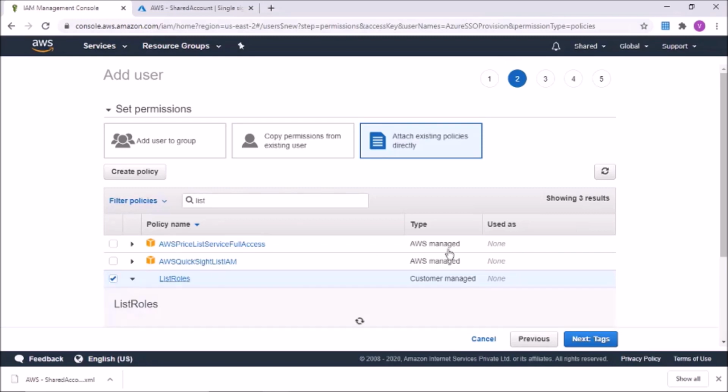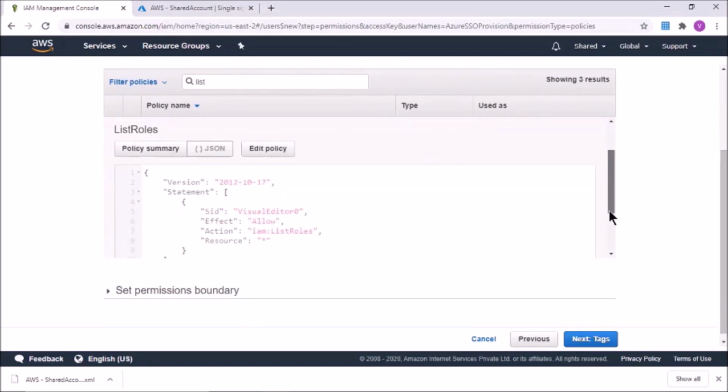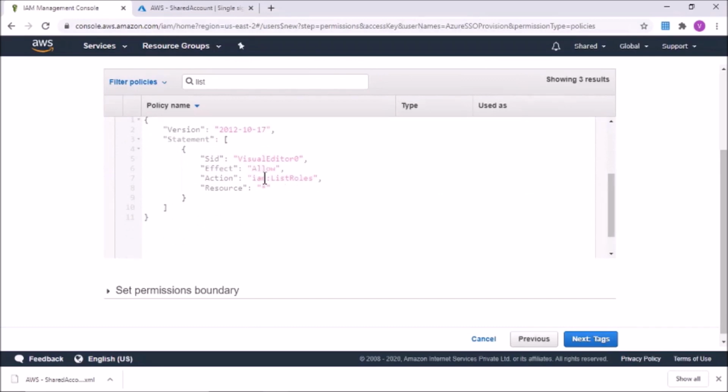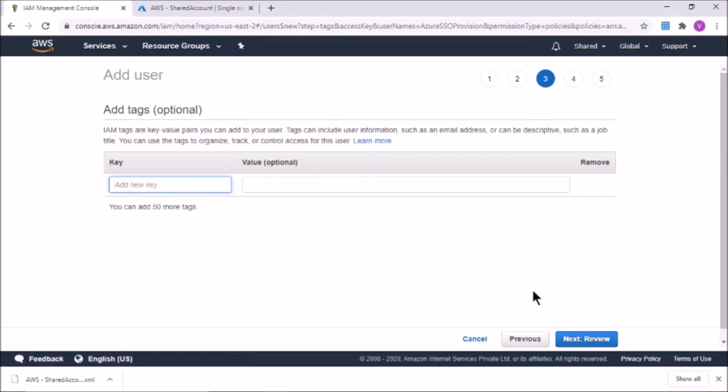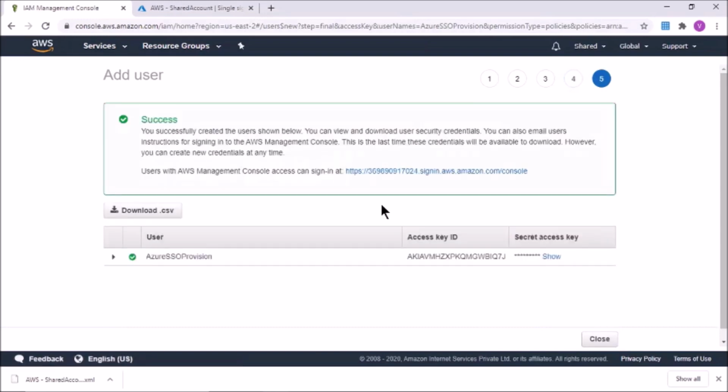If you want to see this policy, what kind of permission it has, it has access only to list the roles. Now we have created the user. This is very important to save this file because this is required to configure in Azure. So I will download this file.